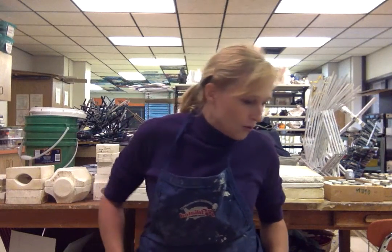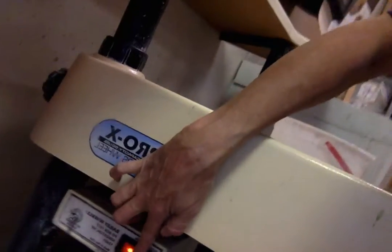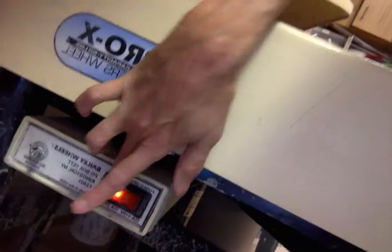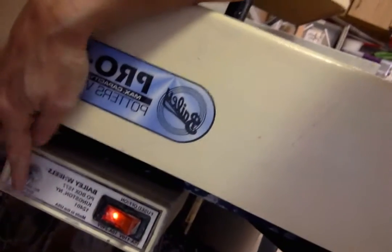You'll see how I use these while I do the demonstration. Basically, I'm going to show you a couple of things on the wheel. There are some buttons here. This button is the on-off button. On is here, with the light on. And this switch right here